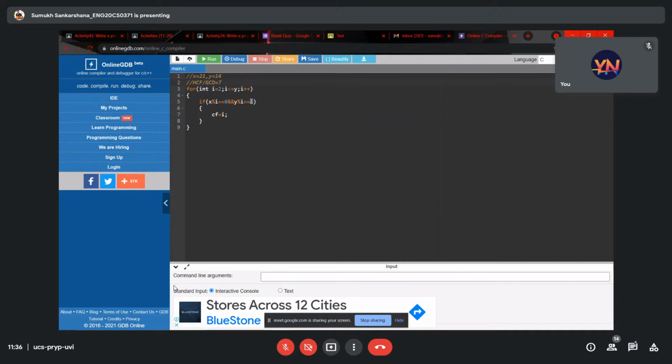Okay. That's not equal to, remember this always. And why are we not taking 1 here? Because we know 1 is always divisible. Let me share my screen and show you. You can take 1 if you're not initializing the CF to 1 beforehand. You can just take 1 over here and it will run the same way.